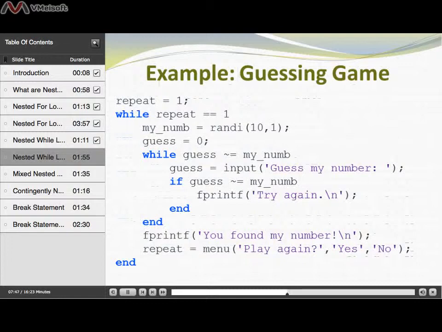So you can see we have nested while loops. The outer while loop allows you to play this game multiple times. The inner while loop controls the actual guessing portion. Okay? So while repeat is 1, that says we want to repeat the game and play again. Then we have a line which creates a random integer, and the user's initial guess is 0. Okay, so the random number in this case is going to be between 1 and 10,